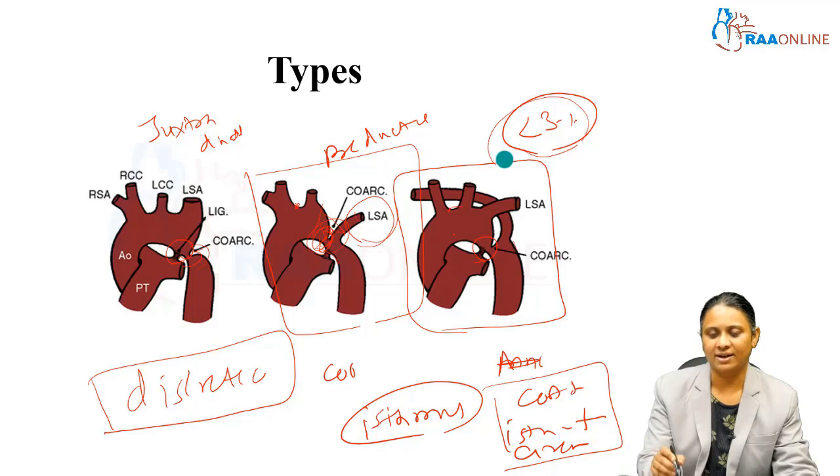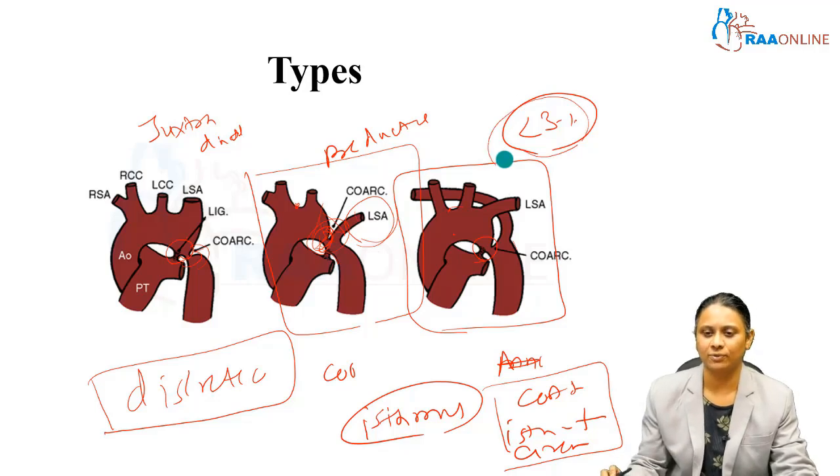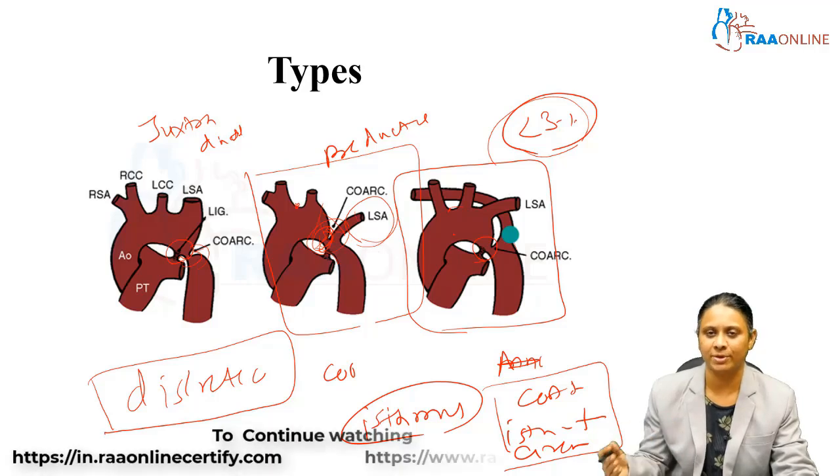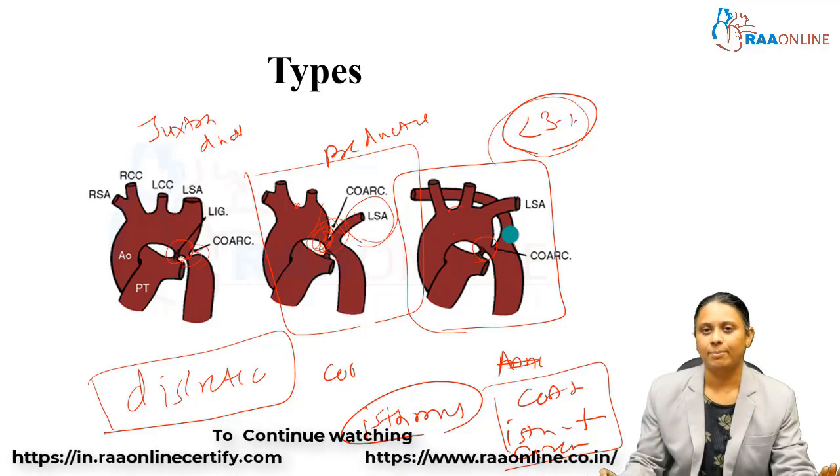This is one very rare type. Less than 3% of CoA segments will have an anomalous right subclavian artery originating from beyond the coarctation segment. But this does not cause compression of the trachea or esophagus, unlike the